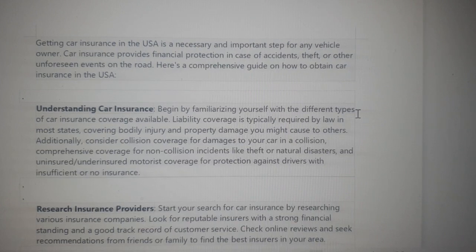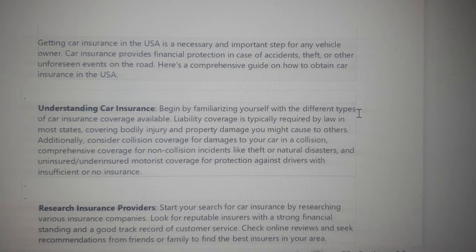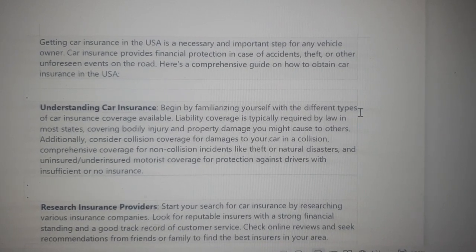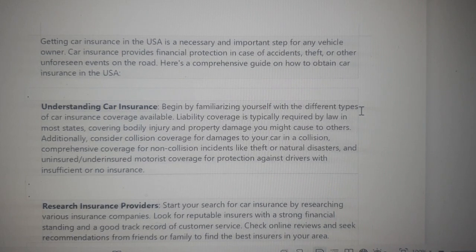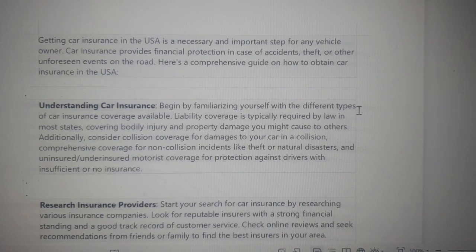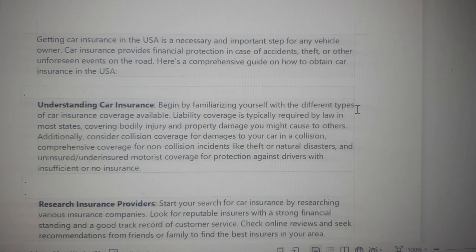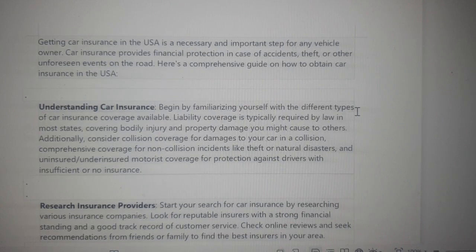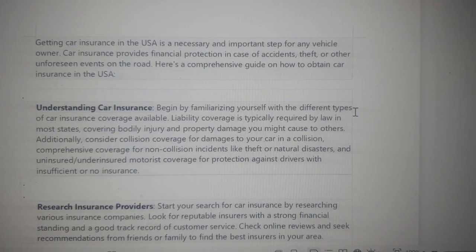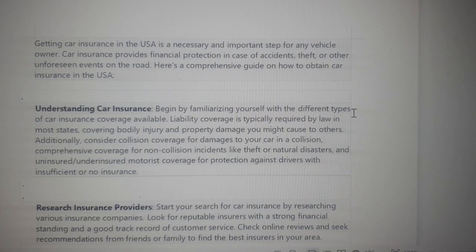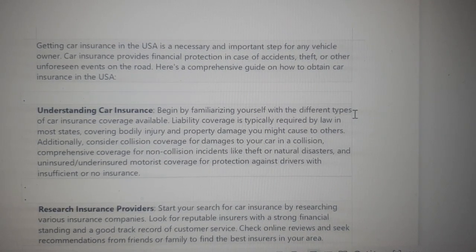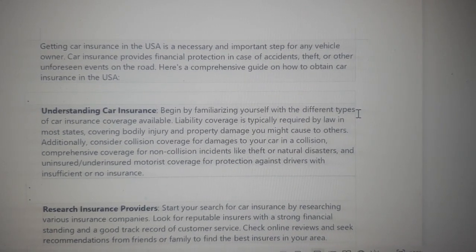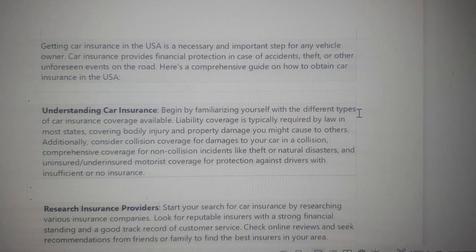Be familiar with the different types of car insurance coverage available. Liability coverage is typically required by law in most states, covering bodily injury and property damage you might cause to others. Additionally, consider collision coverage for damage to your car in a collision, comprehensive coverage for non-collision incidents like theft or natural disasters, and uninsured or underinsured motorist coverage for protection against drivers with insufficient or no